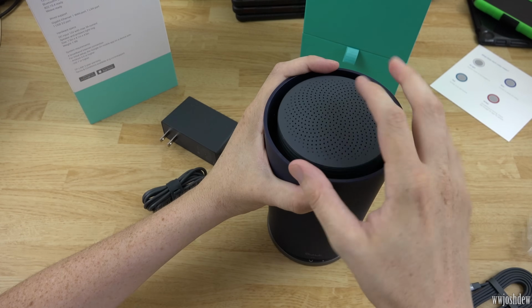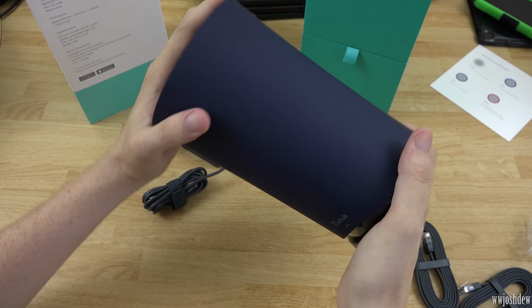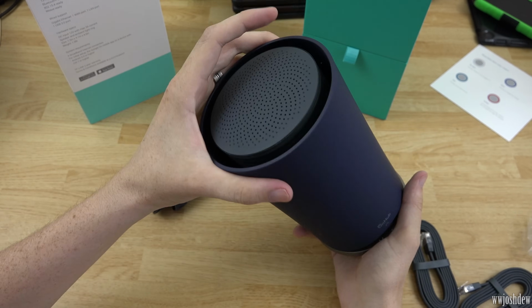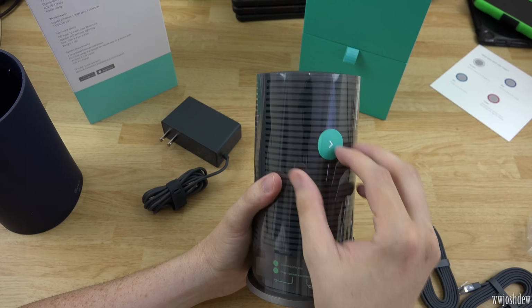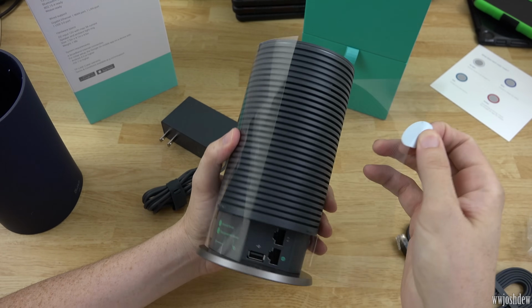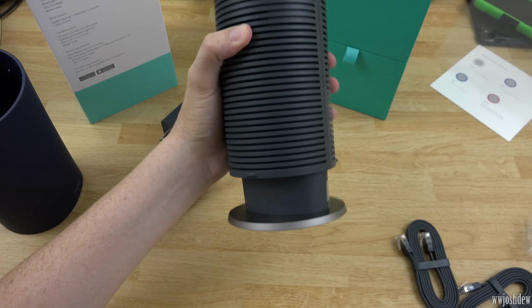I'm kind of nervous. Does this come up? Do I twist this? Oh, it twists. And that comes up. Okay, cool. I was thinking there was something in there. And then peel this off. That comes. Oh my goodness, this is so